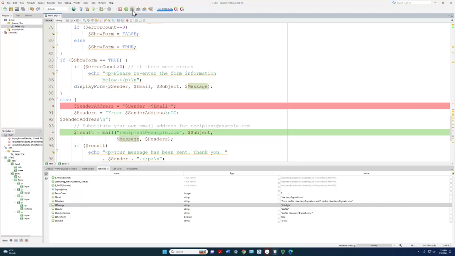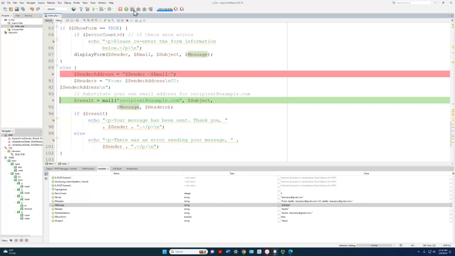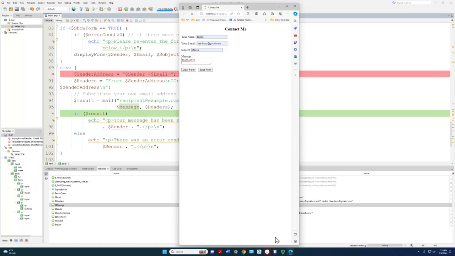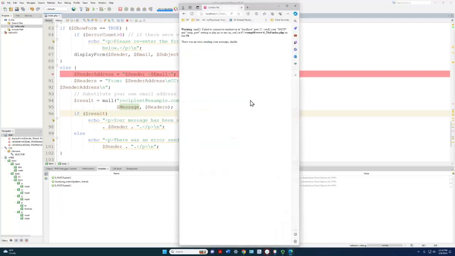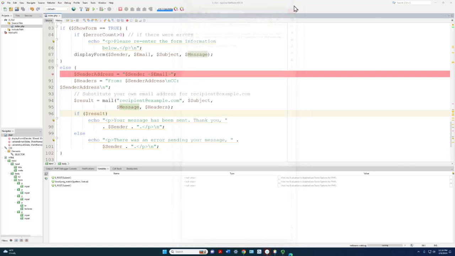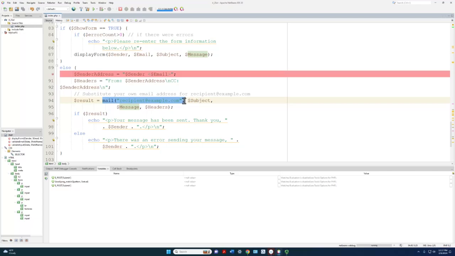And what we can do is modify this code, and let's just go ahead and do a step over, and then when we go look at the output and hit continue, it's going to give us a little bit of an error, and it's going to say, hey, mail is not usable. Well, that's fine. Let's just take it out. And you know what? If we are going to do that, let's just do this. Take out mail,